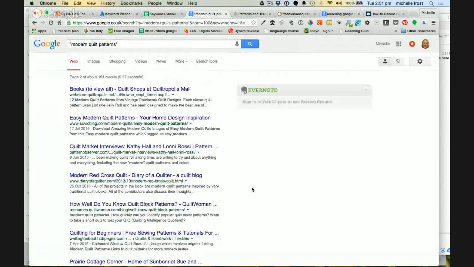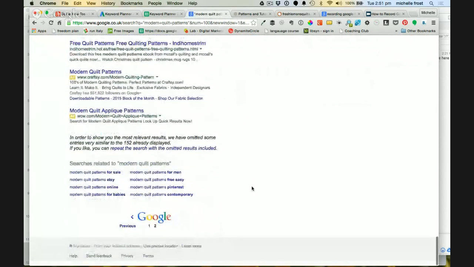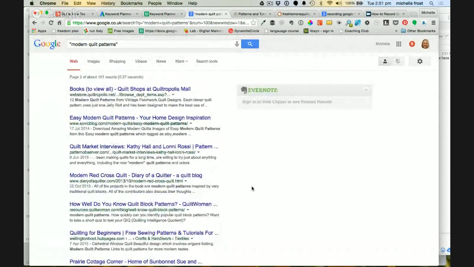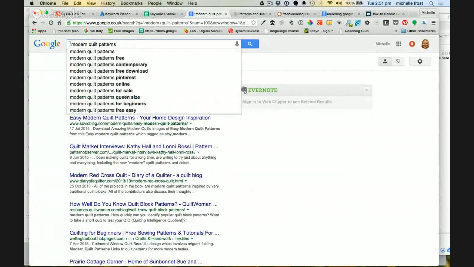Look at that. So there isn't actually all that many results for that. So you can dig around a bit and you can get to the bottom of particular keywords or key phrases to see if they would work really well in your business based on how much competition there may or may not be inside Google. Right, I'll just take these off again because I'd like to show you,